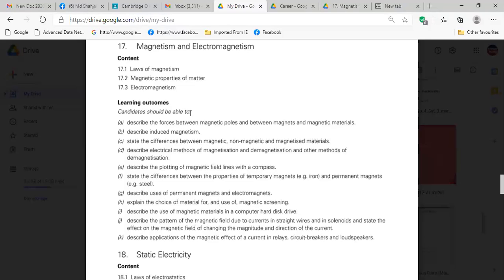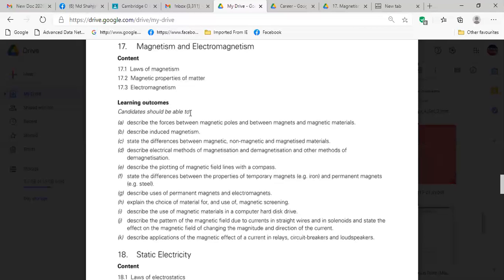Please write all the points neat and clean because you have to send me these notes. You write the date, today's date, the topic name, everything, and you have to send me the notes altogether when we are done with this topic.